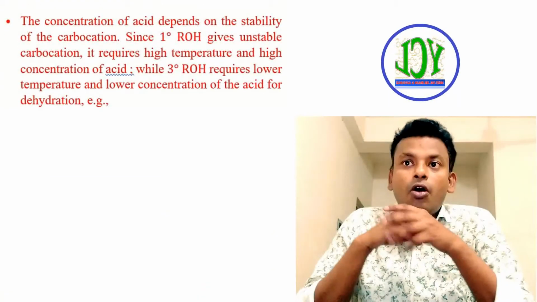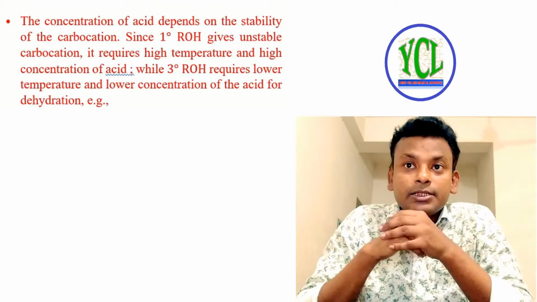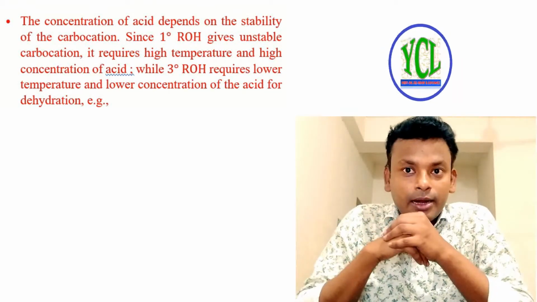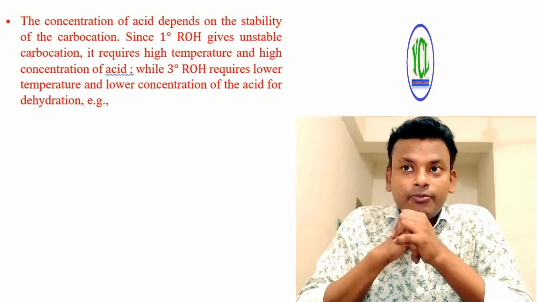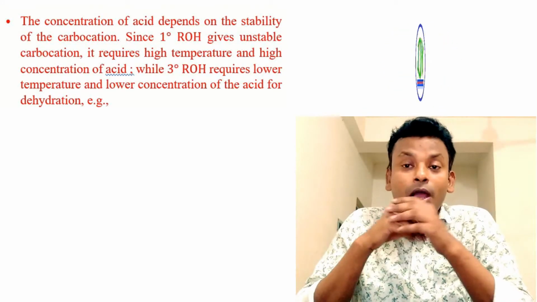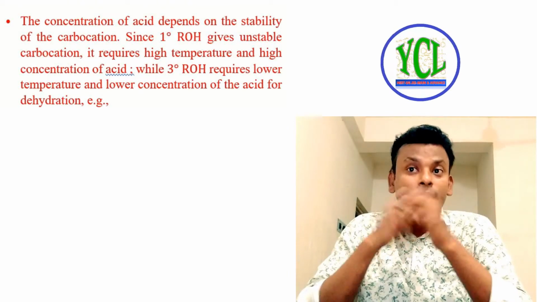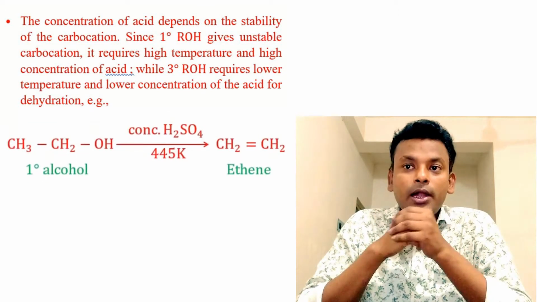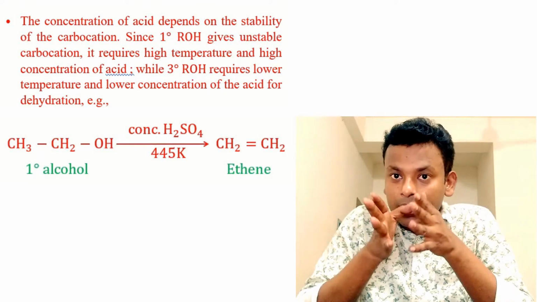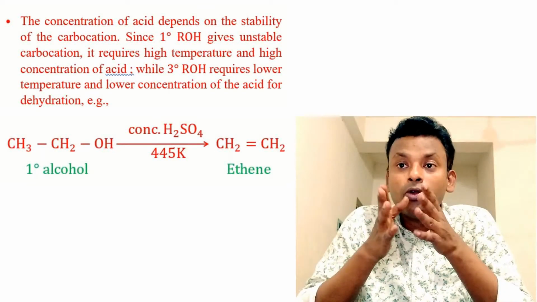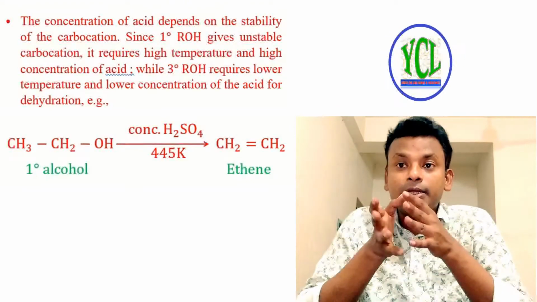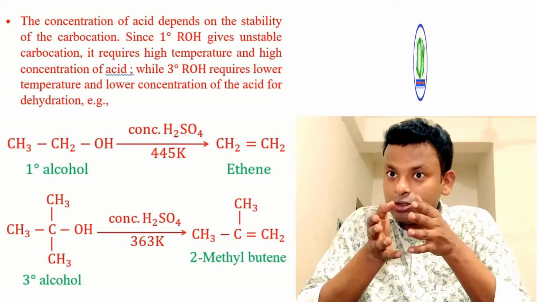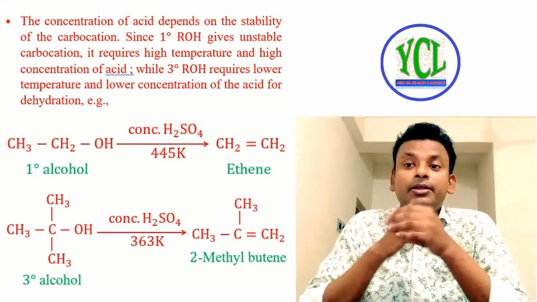The concentration of acid depends on the stability of the carbocation. Since 1 degree alcohol gives an unstable carbocation, it requires high temperature and high concentration of acid, while 3 degree alcohol requires lower temperature and lower concentration of acid for dehydration. For example, 1 degree alcohol in concentrated H2SO4 at 445 Kelvin gives ethene, whereas 3 degree alcohol in the presence of concentrated H2SO4 at 363 Kelvin forms